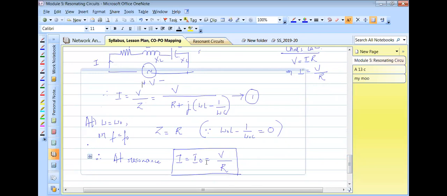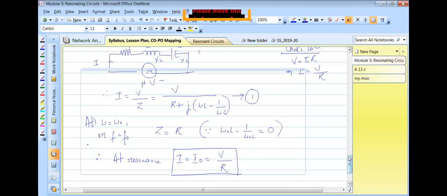Okay. When would there be a maximum current? When there is the less resistance being offered. Understand that? Now, this is a very important thing. One thing that we saw yesterday was at resonance, XL is equal to XC. At resonance, Z is equal to R. Now what we are coming to understand is the current that flows in the circuit at resonance is the maximum. Understand that point? So this is another thing that I wanted to give you.